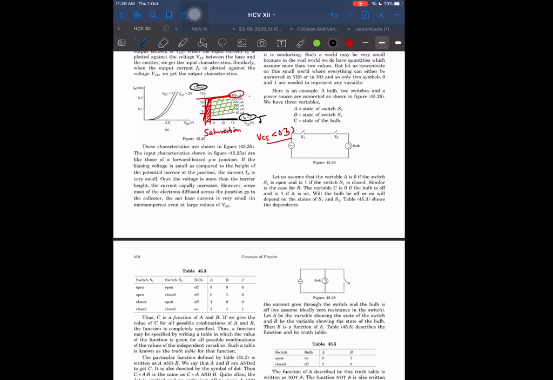If I change IB from 150 to 200, then here also it will change in the same proportion. So it is changing. We cannot say it is constant. But for a given constant value of IB, it is fixed. For a given value of IB, it is not changing. So that will not change.